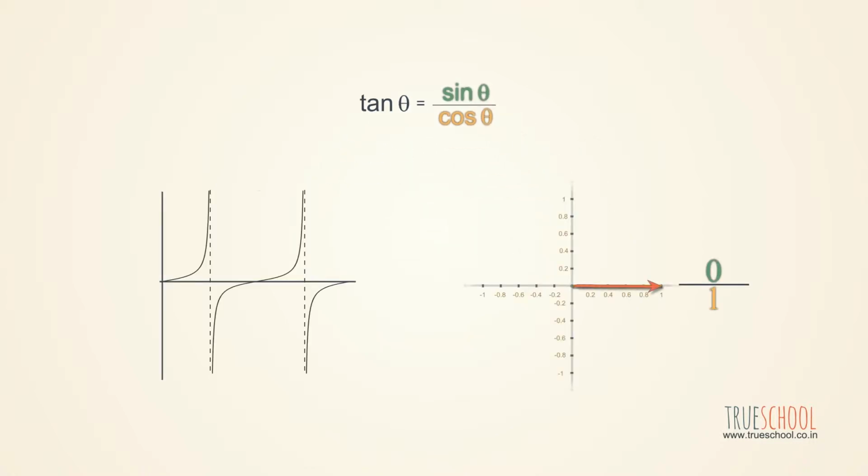The value of tan theta is 0 for theta equal to 0. Its value increases in the first quadrant and becomes extremely large near pi by 2 as the base length, that is the denominator, becomes 0 for this angle. An extremely large quantity is denoted by this sign, which is also called infinity.